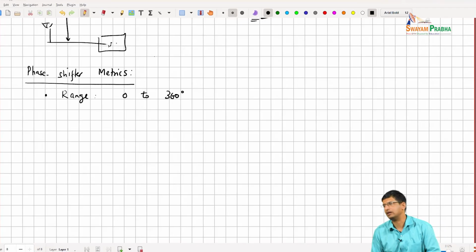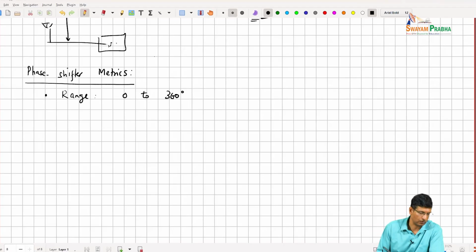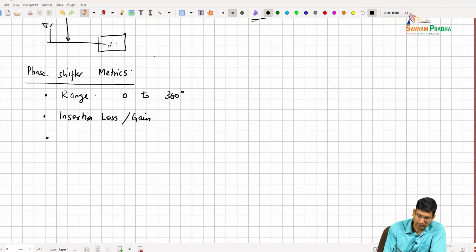So I'll move to degree notation here instead of 2 pi radians notation, right? So 360 degrees here. We need to worry about its insertion loss or gain, right? We need to make sure that the gain is uniform across the phase shift,